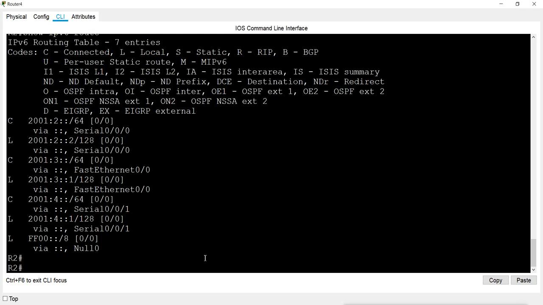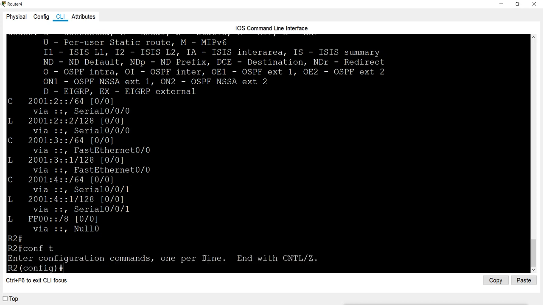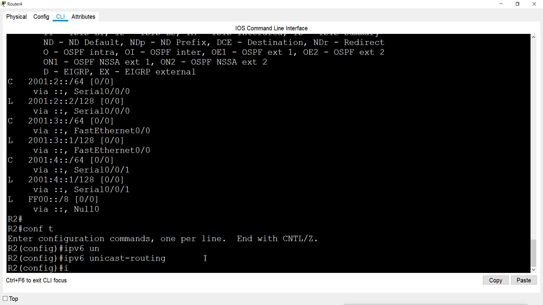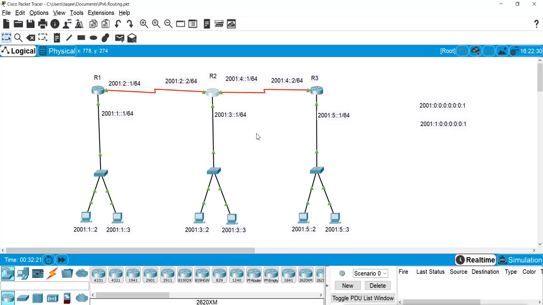So now I will go to configuration mode, and first I will enable IPv6 unicast routing, then IPv6 route, and then I will mention the not connected networks. Now it is connected to 2001:2, 2001:3, 2001:5. It is not connected to 2001:1 and 2001:4. These are networks which are not directly connected to this router 2. So first I will mention